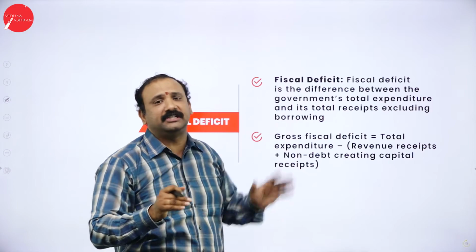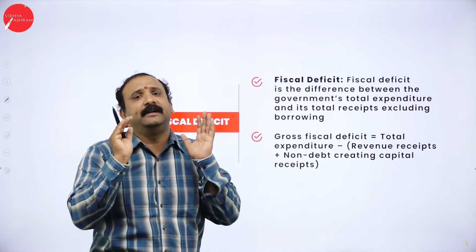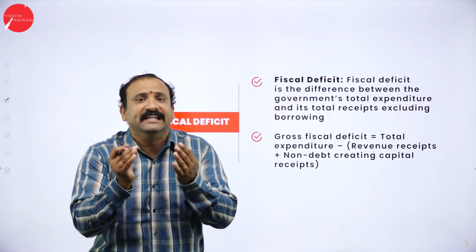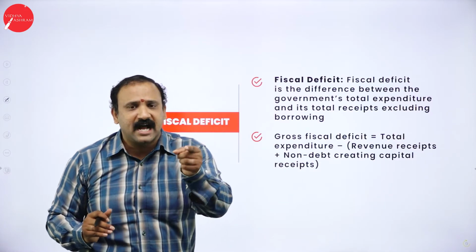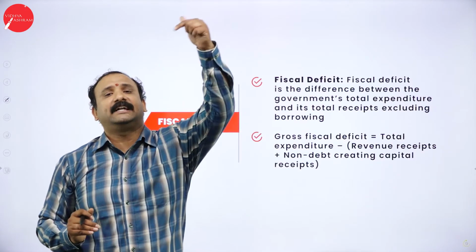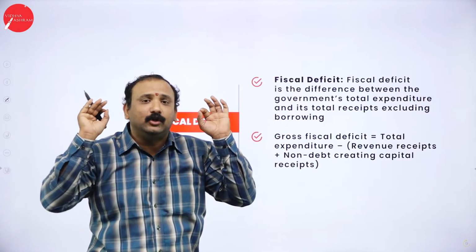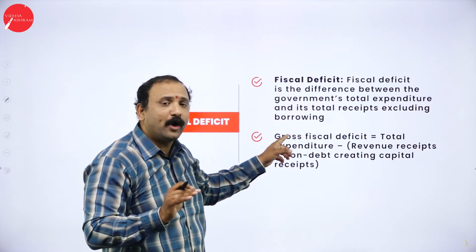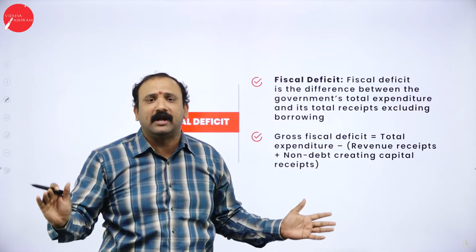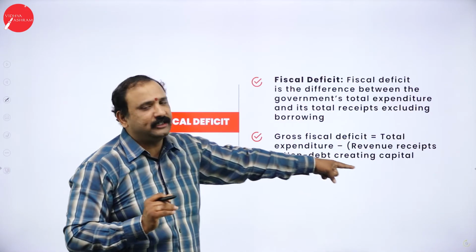We are not including the money that is coming from abroad or from anywhere else. We are only trying to see that whatever money we have got, whatever money we are spending on infrastructure or a project, has to be done well within the income that we have made. Suppose we start borrowing money for our own expenses, we will be creating an overall debt again in the structure, which will lead to a problem. So with the gross fiscal deficit, let's say the total expenditure is 1 lakh crores, minus the revenue receipts we have got, plus non-debt creating capital.